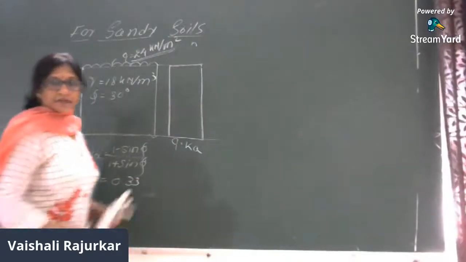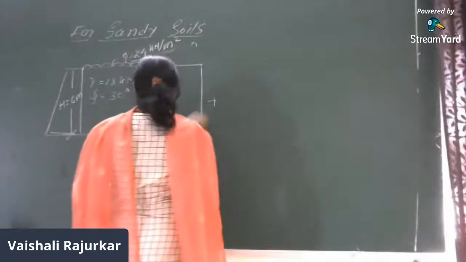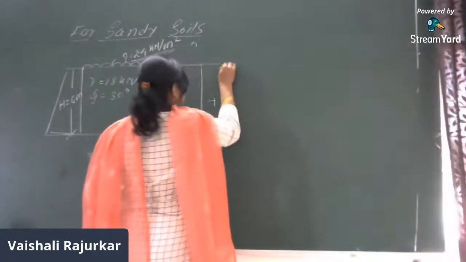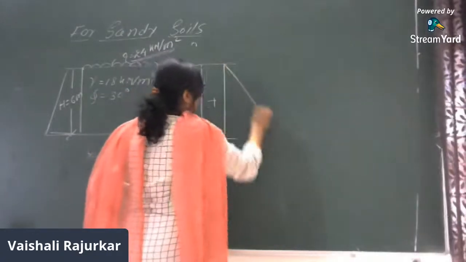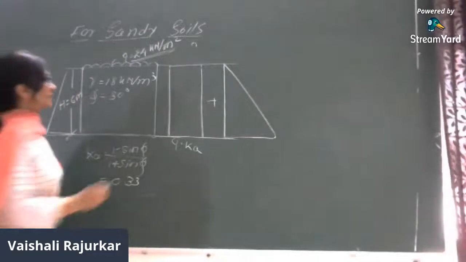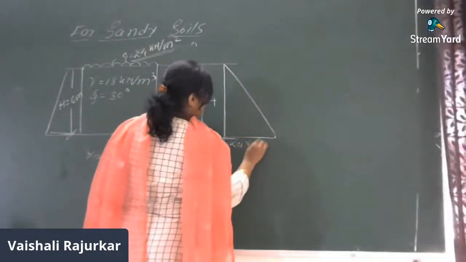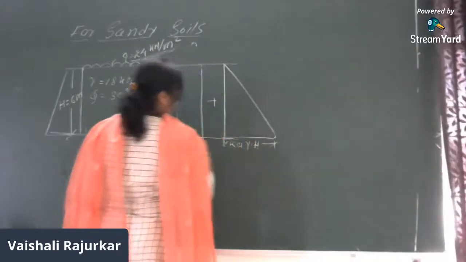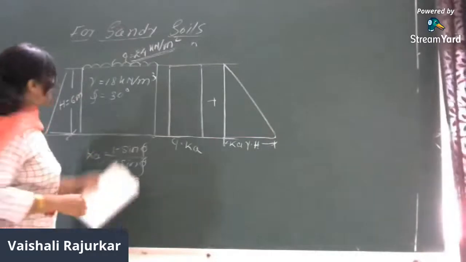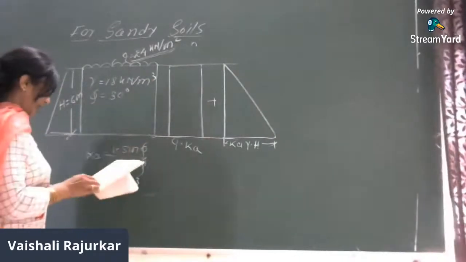Then there is another distribution diagram. That distribution is due to the self-weight of the soil, which is again a triangular distribution, right? So here the intensity is Ka into gamma into H. So what is q? q is 24 multiplied by 0.33 and it is found to be